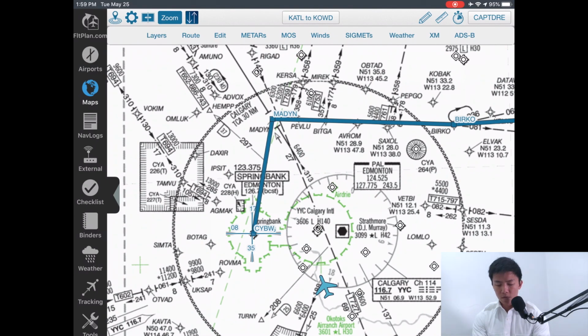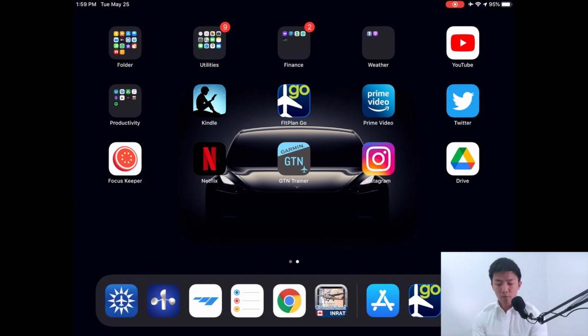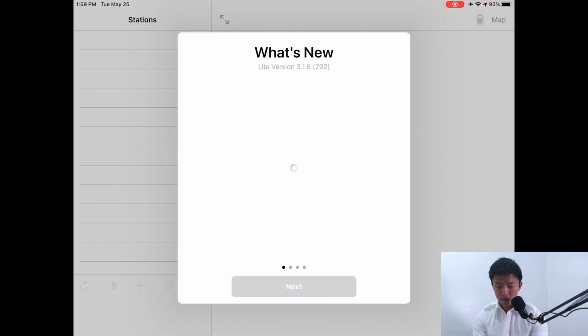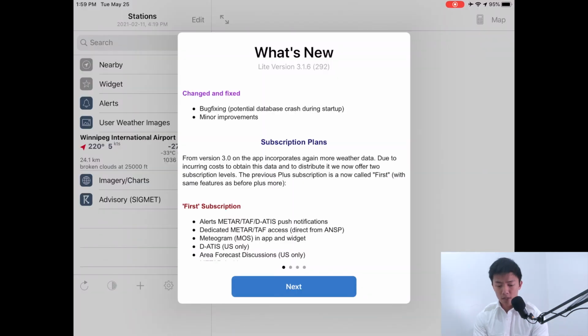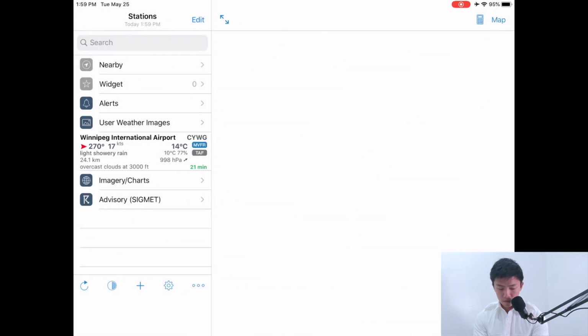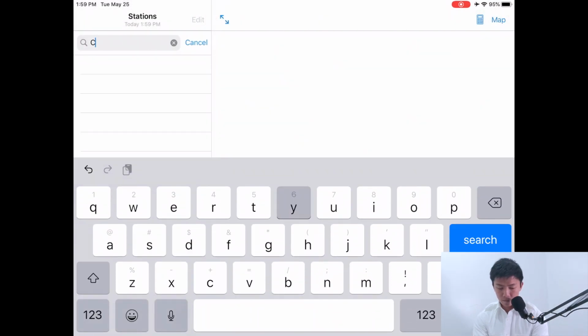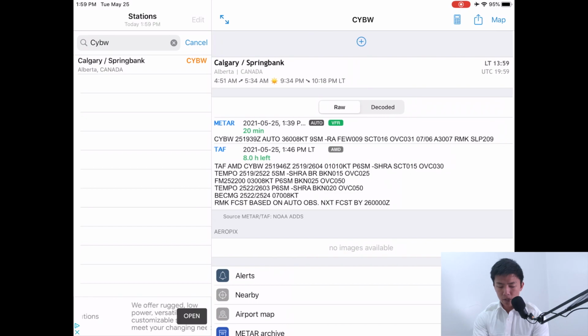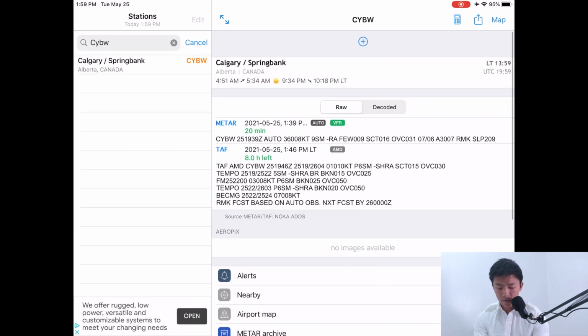All right. But the question is, which runway is active right now at Springbank Airport? So we're gonna check that. CYBW search. Right now it's VFR weather, as you can see. So CYBW, this was reported at